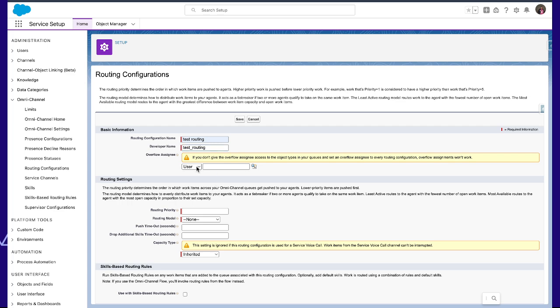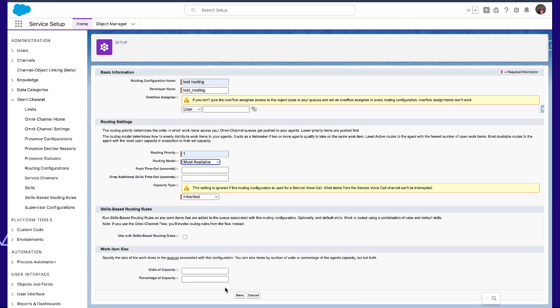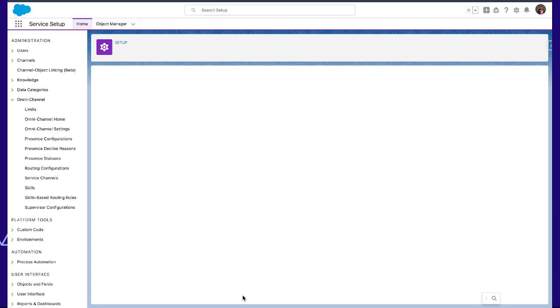The overflow assignee is not compulsory. Priority will be 1, and the routing model will be most available. We can change these things also. For the unit of capacity, we can say 5 records will be the capacity, and we save this one.